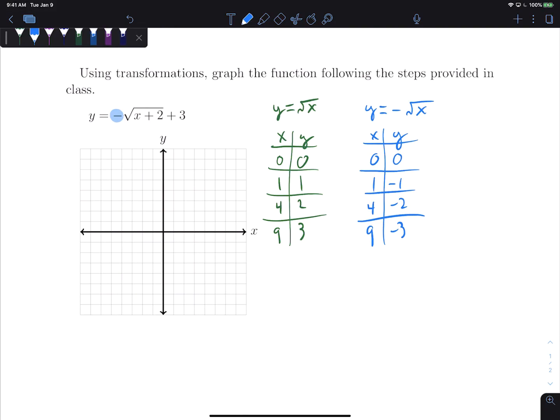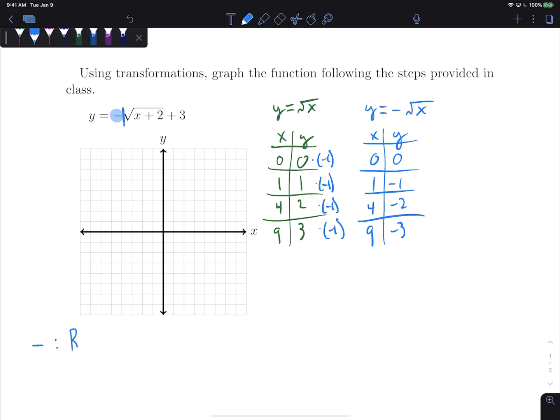Another way of thinking about this is that there's a negative 1 out front, so you're going to multiply the y values by negative 1. So 0 times negative 1 is 0, 1 times negative 1 is negative 1, 2 times negative 1 is negative 2, 3 times negative 1 is negative 3. Excellent. And down here I'm going to keep track of the